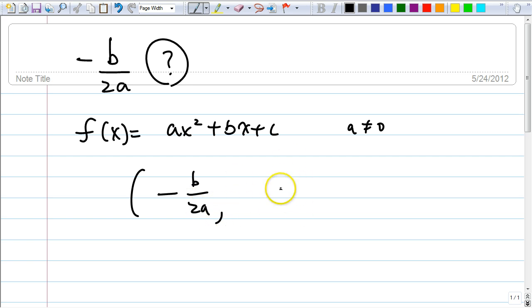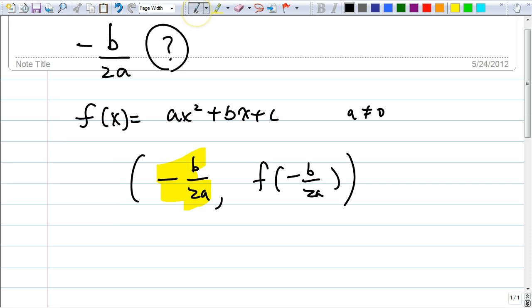how do we get the y-coordinate? Well, we plug in negative b over 2a, the x-coordinate, so it's f of negative b over 2a. Do you remember that? So where did they get this from? How do we get negative b over 2a? How come that's always the x